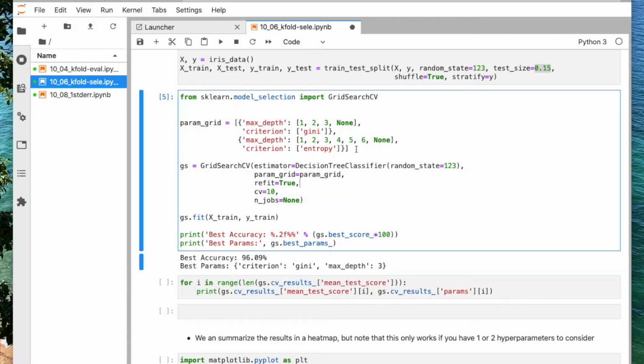So you can specify different scenarios, and this can be useful if you have conflicting parameter choices. So for example, if you have some conflict between, let's say, running Gini with a setting of 5 or something like that. In this case, there is no conflict, so you don't have to worry about it. But in some cases, there may be a conflict. For example, if you have a kernel support vector machine, a kernel support vector machine has a gamma parameter, but it only exists if you have a nonlinear kernel, for example.